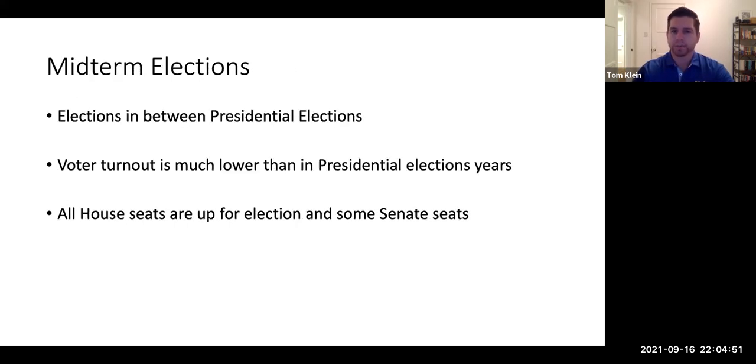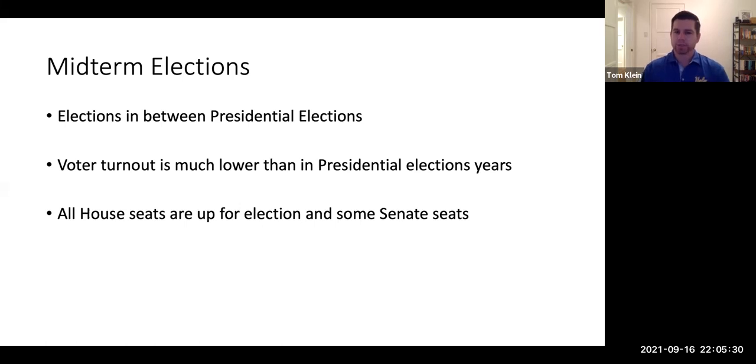Midterm elections take place in between presidential elections. They are also every 4 years. It's important that you make a note of that. Some people think they're every 2 years, but they're not. They're every 4 years, because if you think about it, they're staggered. So let's say we had the presidential election in 2020, 2022 we'll have a midterm, 2024 we'll have another presidential, 2026 we'll have another midterm. So there's 4 years in between presidential elections, but there's also 4 years between midterm elections. I'm going to test you on that, so make sure you remember that. And voter turnout, as I said before, tends to be lower in midterm elections than presidential elections.